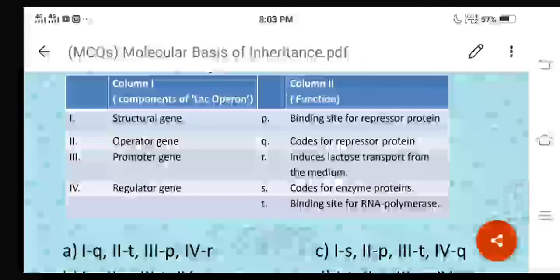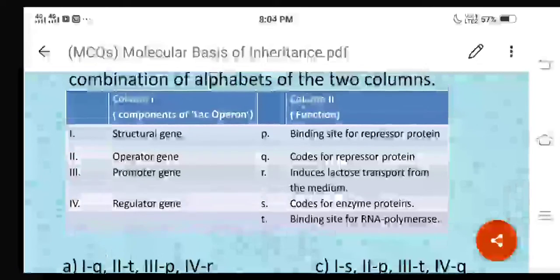In column 1 they have mentioned different genes: structural gene, operator gene, promoter gene, then regulator gene. In column 2, PQRST: binding site for repressor protein, codes for repressor protein, induces lactose transport from the medium, codes for enzyme proteins, and the last one is binding site for RNA